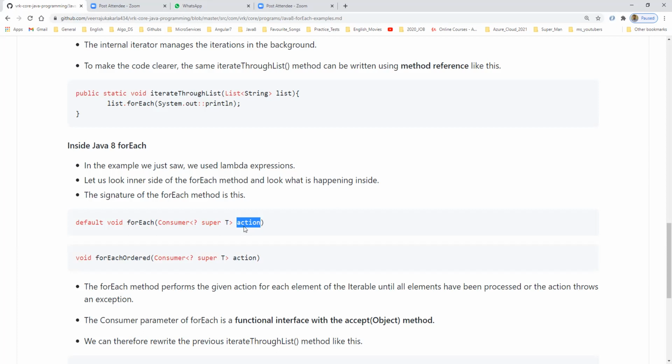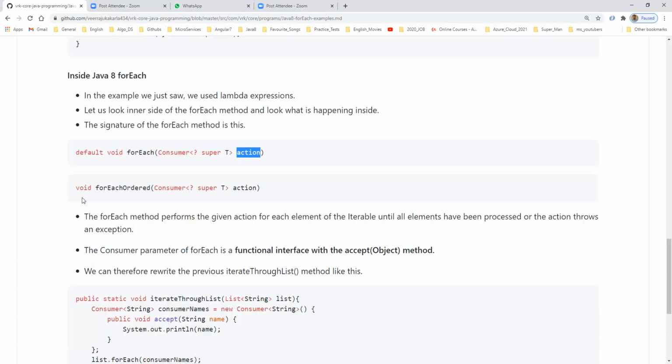We also have one more method, forEachOrdered, which also takes a Consumer interface. By passing a Consumer interface as an argument, the forEach works based on the behavior of the Consumer, which we will see now.